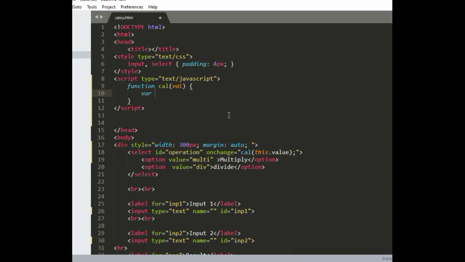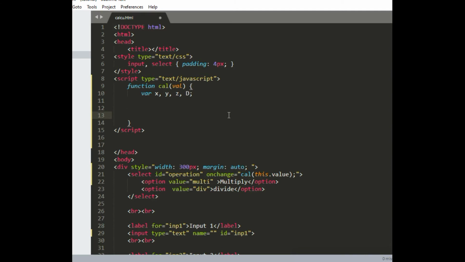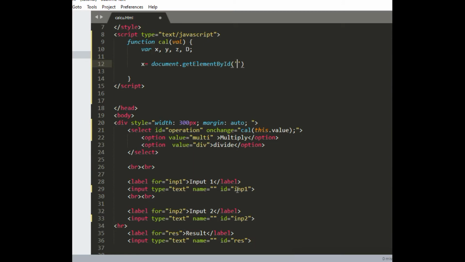Here I will define variables x and y. Now I will define variable x to get the value from the first input field. The first input field's ID is INP1.